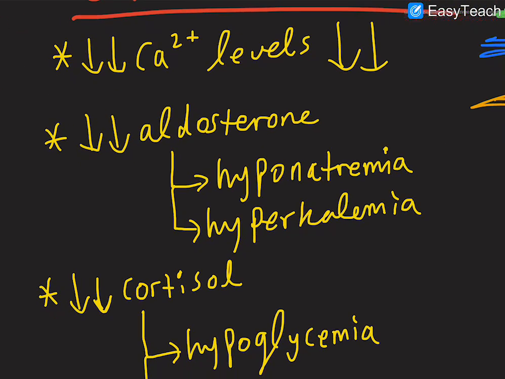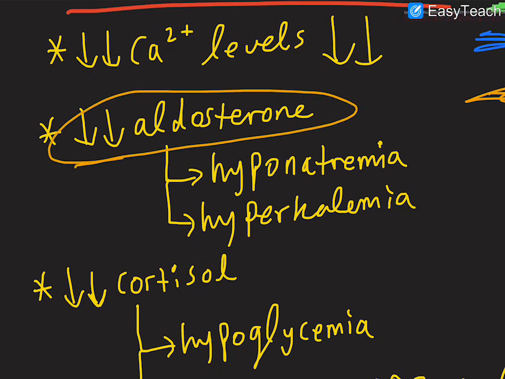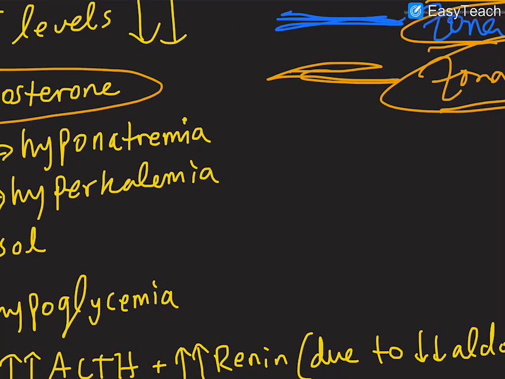Okay, so let's go back. So now it should make sense, right? So we have low aldosterone levels. And what do we know about aldosterone, right? What does it do in the distal convoluted tubule of the kidneys, right? What it does is, remember, it increases your sodium potassium ATPase channels. What does sodium potassium ATPase do, right? It pumps 3 sodium out and 2 potassium into your cells. So if you have more of these, you're going to reabsorb more sodium and you're going to excrete more potassium,